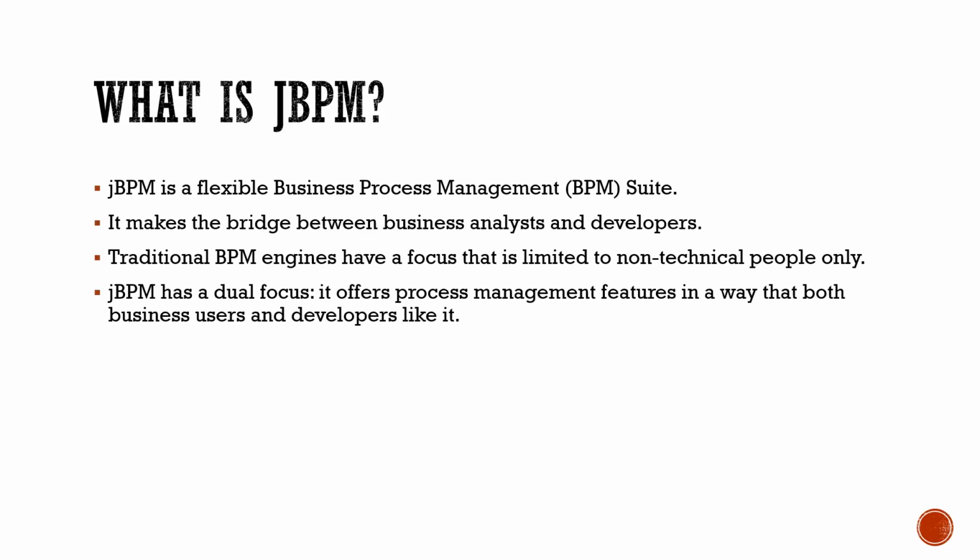Okay, so let's start with the JBPM suite. JBPM is a flexible BPM suite. As you know, this is an open source BPM product. It has basically two versions: one is the community edition and one is the enterprise edition. The community edition is freely available, the latest version is 7.14, and the enterprise edition is around 7.2, which they renamed to Process Automation Manager. Now it's with Red Hat, and Red Hat supports all the enterprise versions of the product.